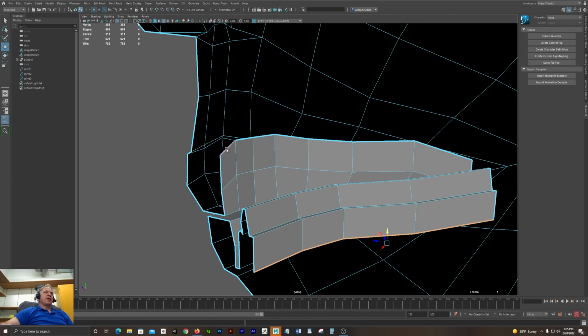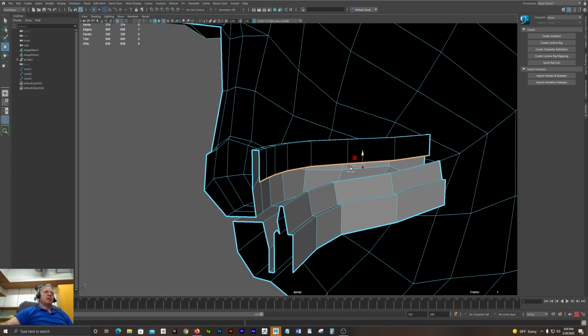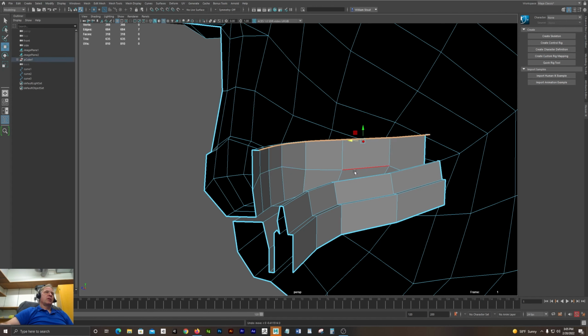So now I'll grab the upper, scale it a little flatter, and hold down Shift, pull it in, down, oops, hold down Shift, pull it down,